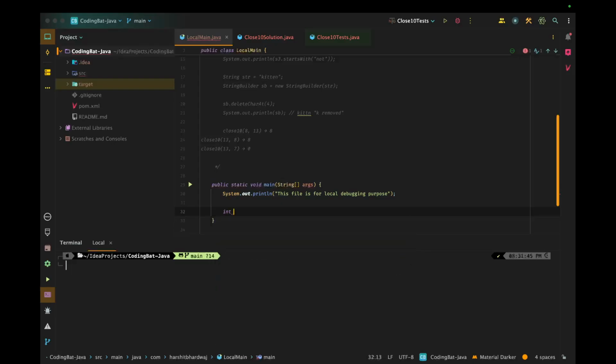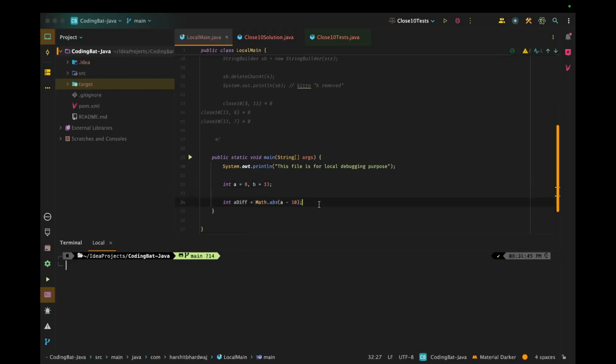Let us create two variables, something like int a_diff equal to Math.abs(a minus 10). First of all, let me define a and b. Int a equal to 8, b equal to 13. a_diff is this, b_diff would be b minus 10.